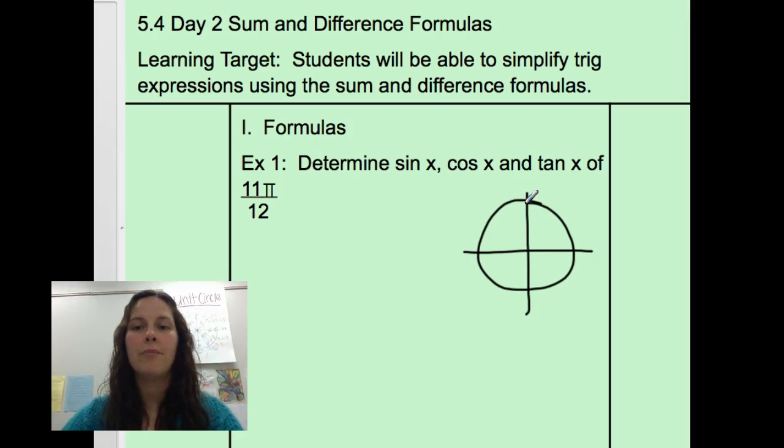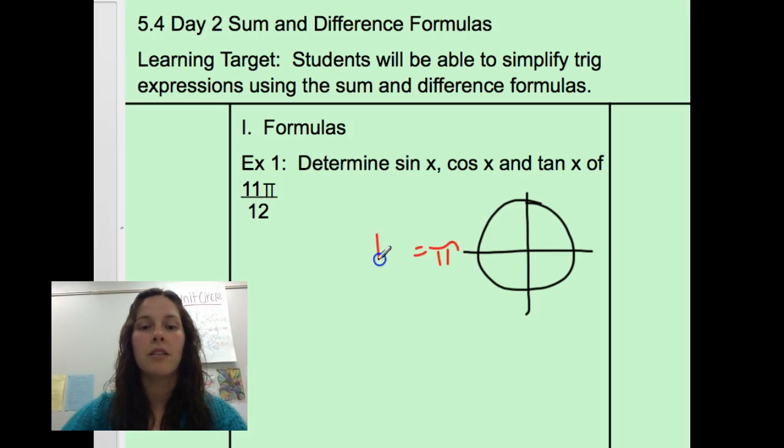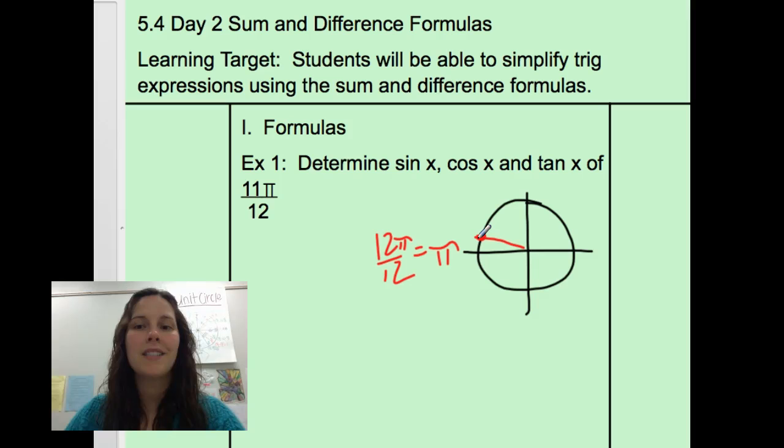So for 11 pi over 12, because pi is over here, which with a common denominator of 12 is 12 pi over 12, I know that I'm just shy of that. So I'm in the second quadrant, so I'm going to want probably a second quadrant value added to a first quadrant value. So when I was playing around with these, I came up with 3 pi over 4 plus pi